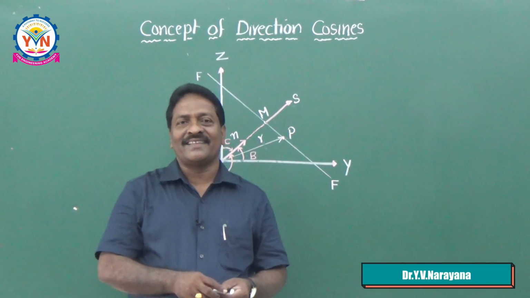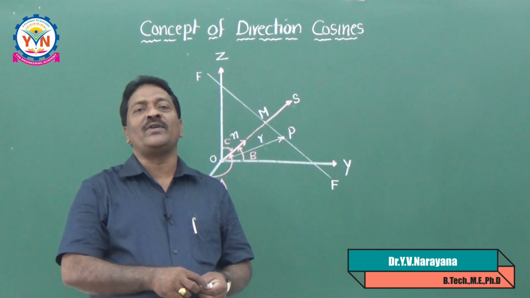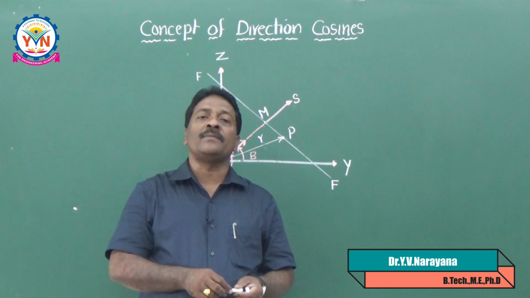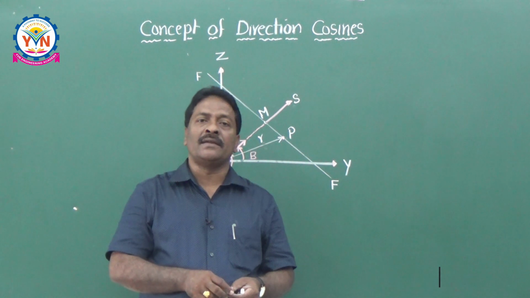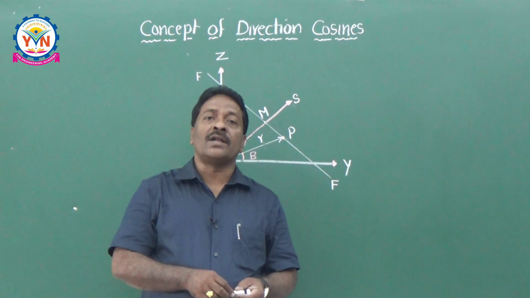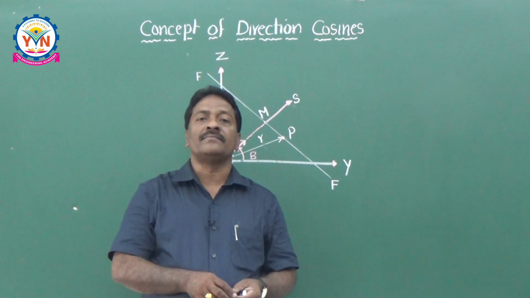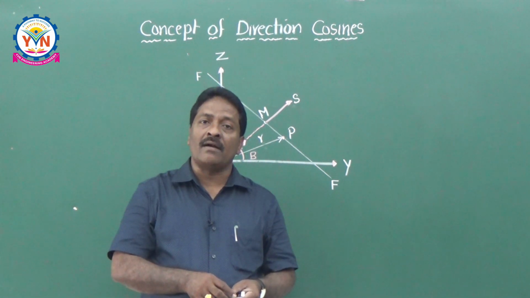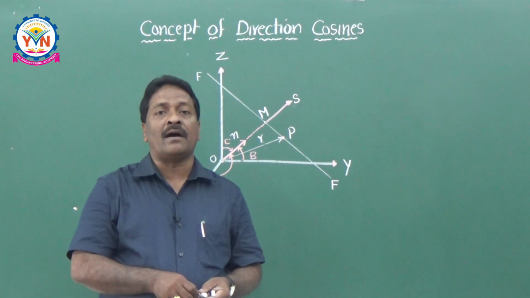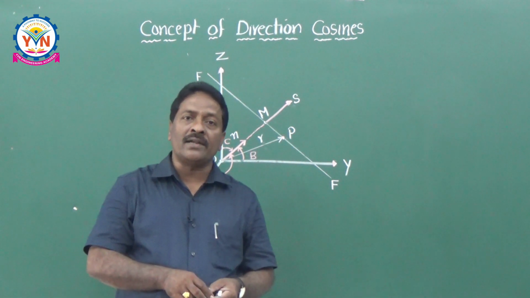Dear students, in this class, we are going to see the concept of directional cosines. This concept is very useful to write the wave equation in any arbitrary direction. There are two types of incidences of a wave, normal incidence as well as oblique incidence. So if you want to write a wave equation in the oblique direction, definitely you have to take the help